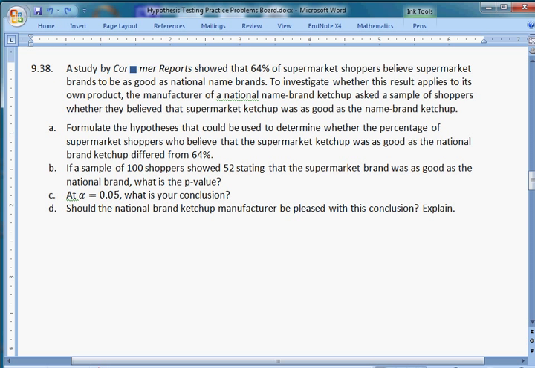A study by Consumer Reports showed that 64% of supermarket shoppers believe supermarket brands to be as good as national name brands. To investigate whether this result applies to its own product, the manufacturer of a national name brand ketchup asked a sample of shoppers whether they believed that the supermarket ketchup was as good as the name brand ketchup. So it's about generic ketchups, and what we're talking about is the proportion of shoppers, where shoppers is our population, right? So it's a proportion of the population of shoppers who think